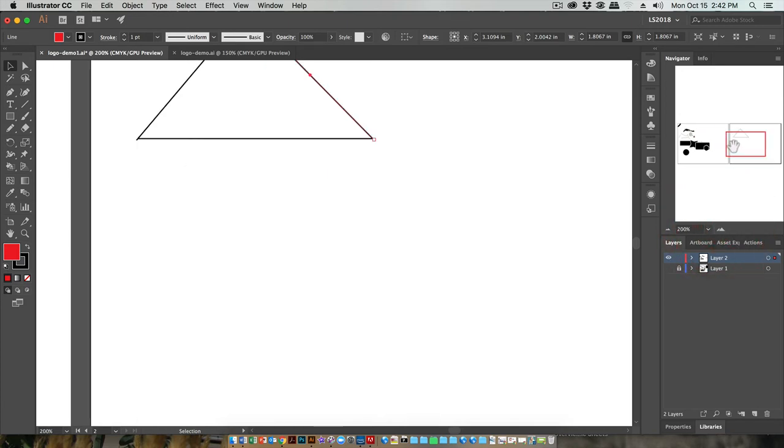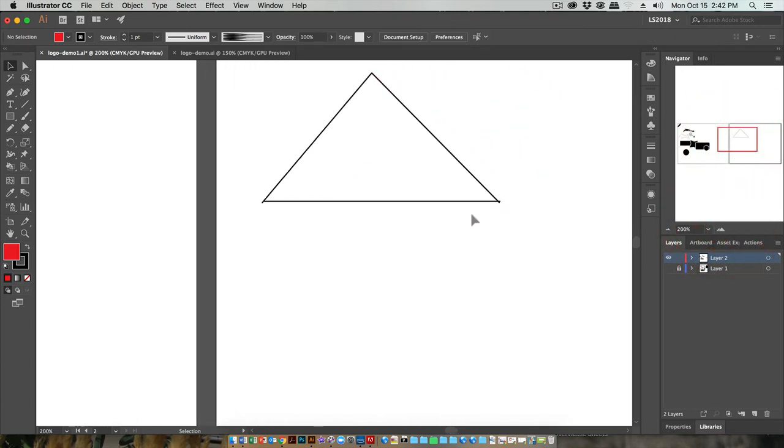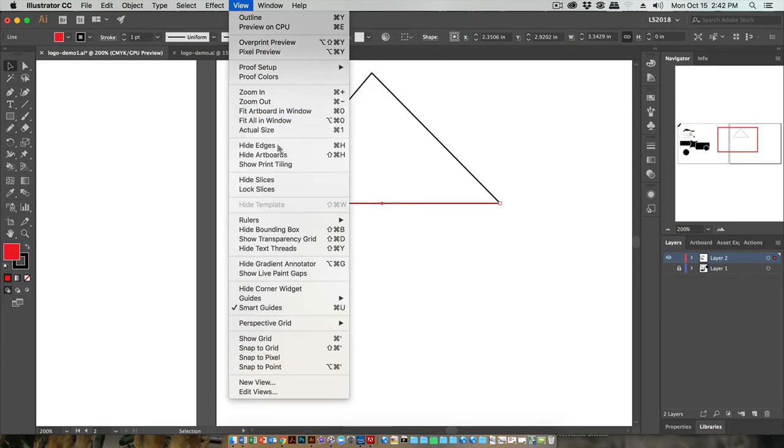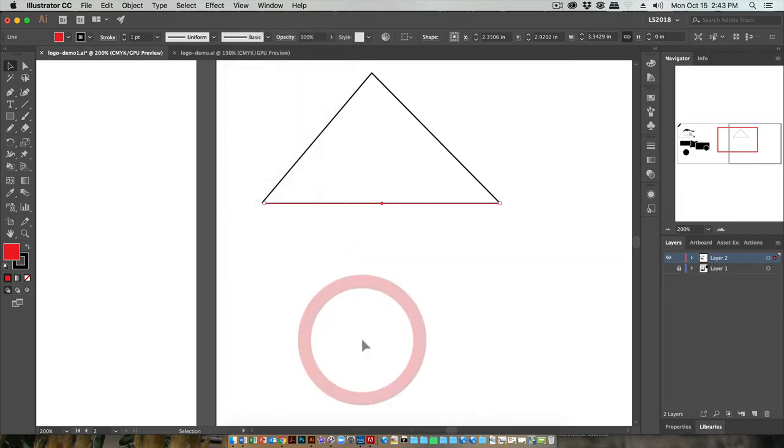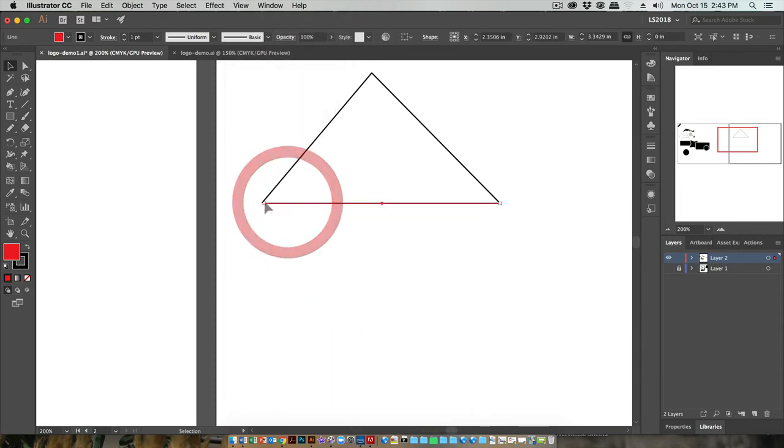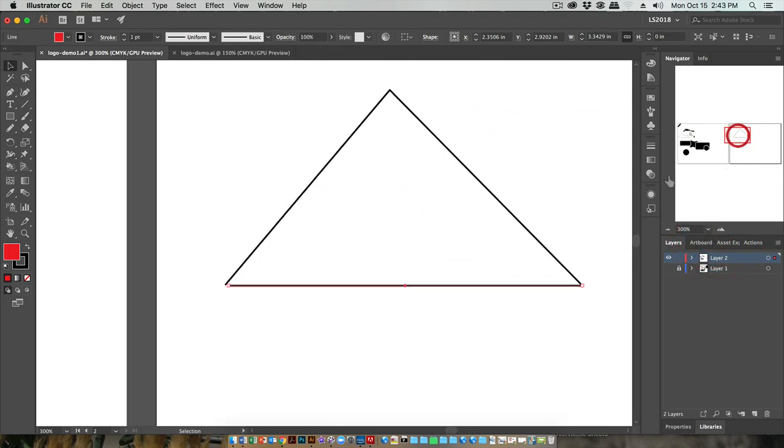One thing you will notice is Illustrator sometimes seems to have a mind of its own. So I am trying to put this in the right spot, but it just won't let me. And that is because of the snap feature. So Illustrator and Photoshop all work on a grid. You want that to turn off. You go into View and make sure that Snap to Point, Snap to Pixel, and Snap to Grid are all turned off, which mine are. But under Perspective Grid, it's on for Snap to Grid. So I'm going to turn that off and see if now I can go in and get this right where I want it. Sometimes in Illustrator, to do small movements, you have to zoom way in,